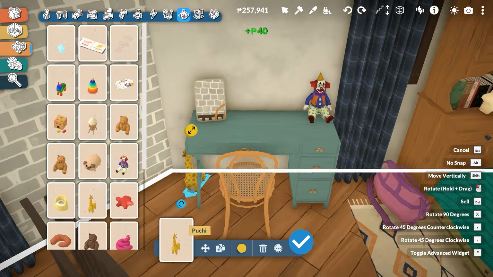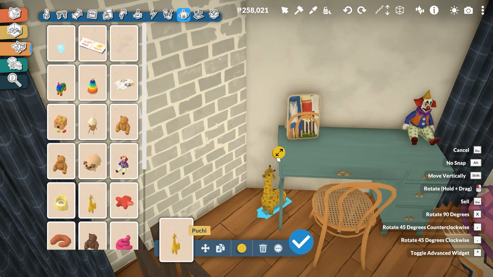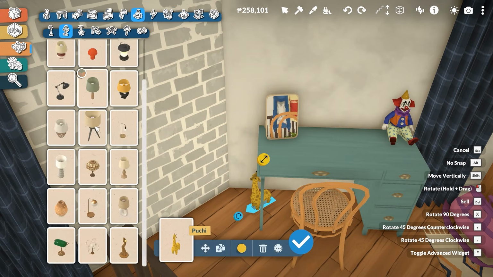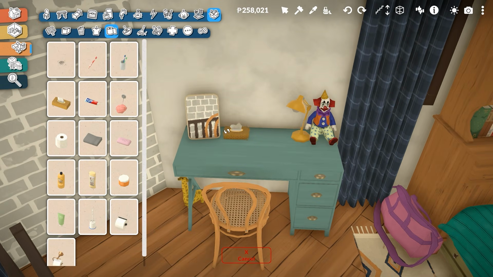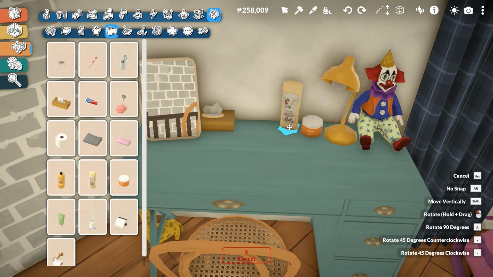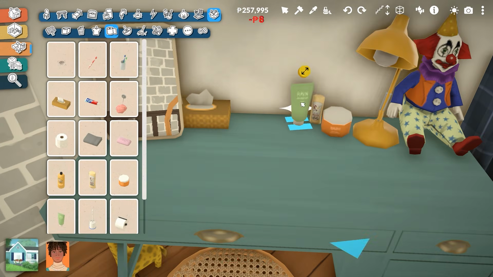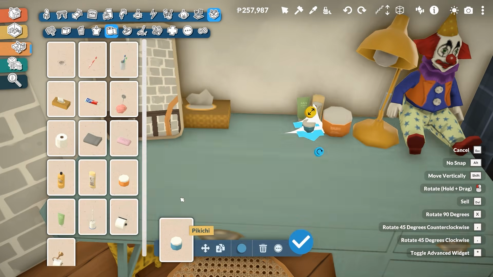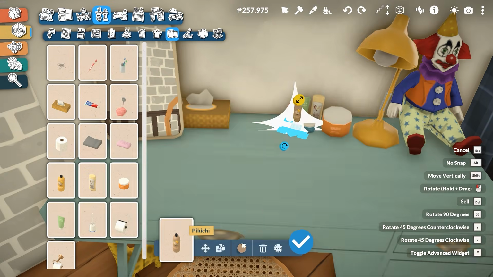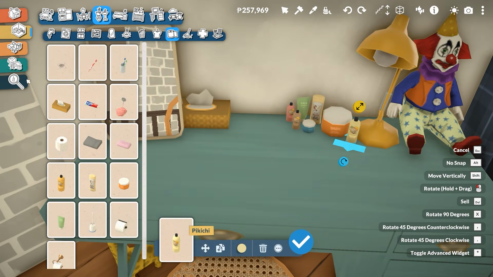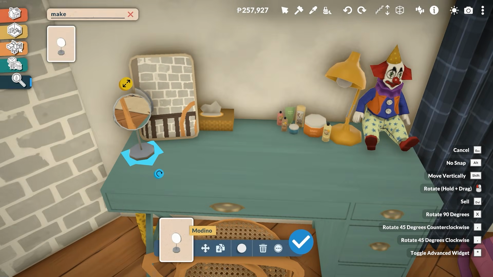Part of me worries that maybe 6 months is a little long of a wait before we see any new content, but really bug fixes and quality of life stuff might well feel like content as it comes. So I'm not completely writing it off, but I like the idea of some new furniture before the 6 month mark. It does feel a little bit of a long wait for me.